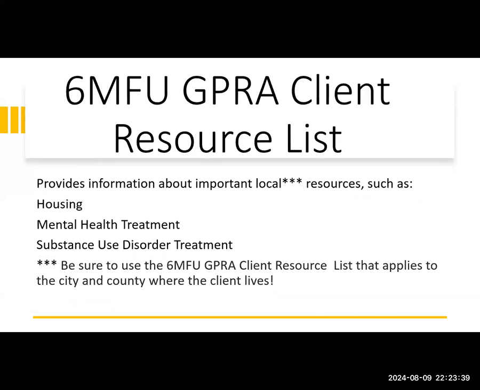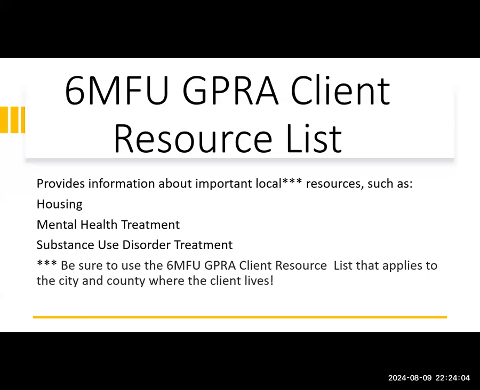The 6MFU GPRA client resource list on the GPRA website provides information about important local resources like housing, mental health treatment, substance use disorder treatment, etc. Please keep in mind that there's numerous options for these lists on the GPRA website based on the locations of clients at the 6MFU GPRA point. So please be sure to use the list that applies to the city and county where the client you're working